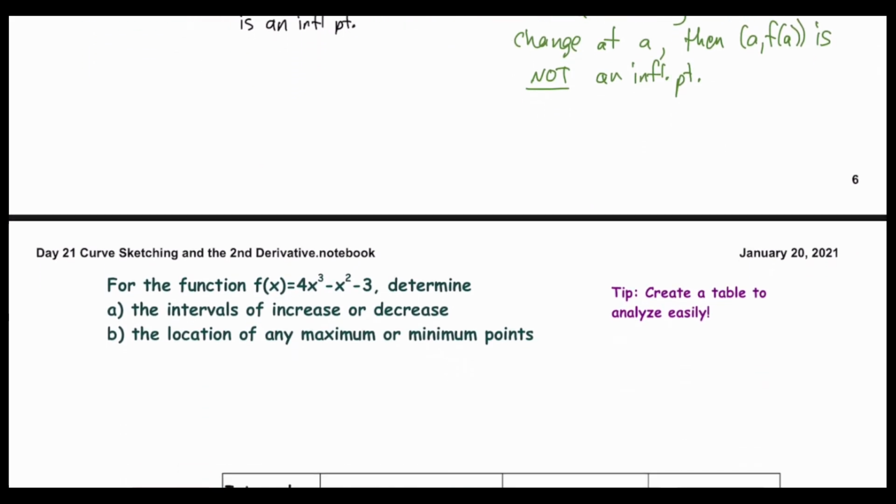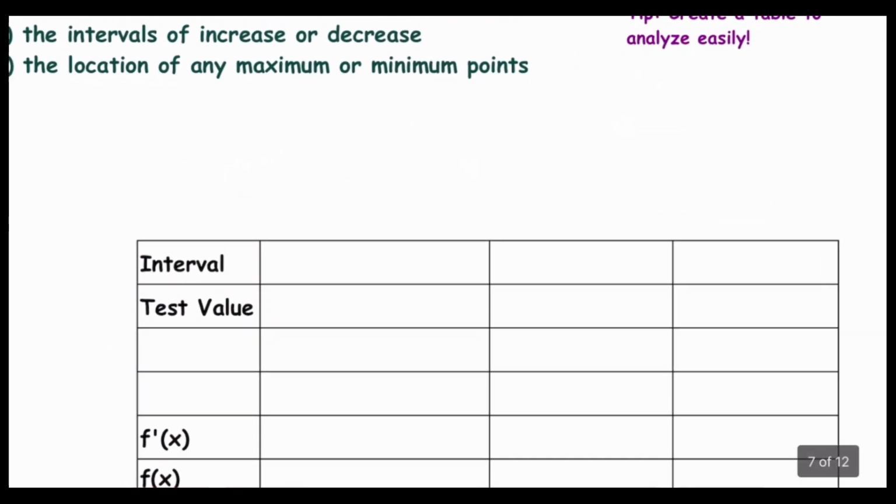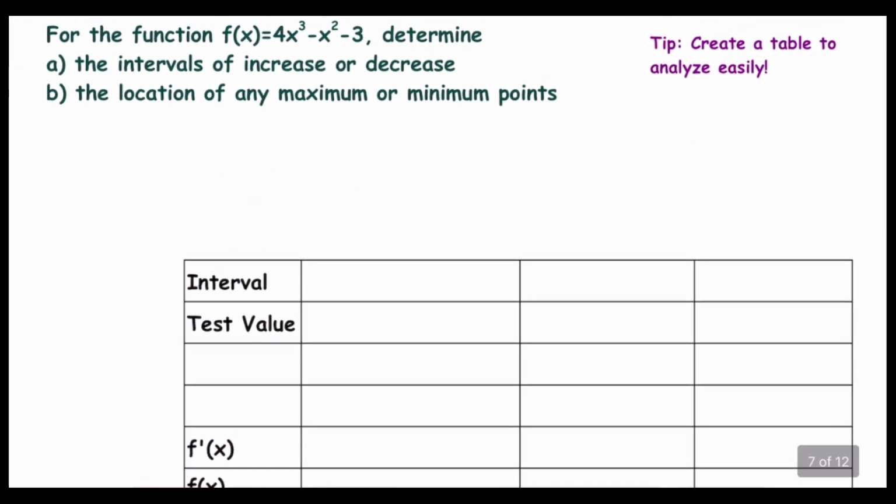Moving right along, let's start to learn how to use tables in order to analyze our function and quickly determine critical points, points of inflection, points of maximum and minimum, etc. In order to learn this, we're going to work through a specific example and then extend out to general cases. For the function f of x equals 4x cubed minus x squared minus 3, determine a,